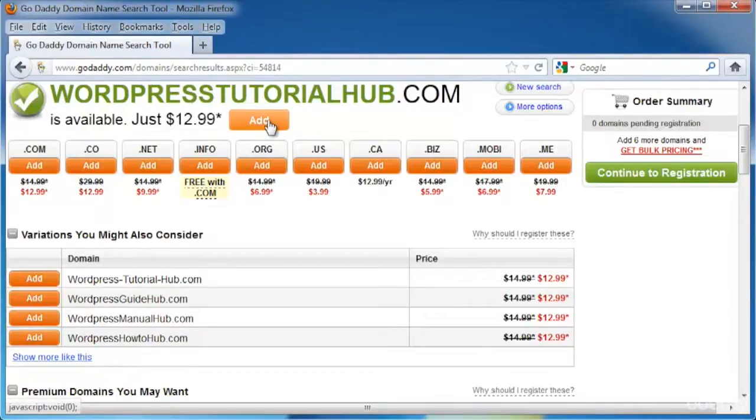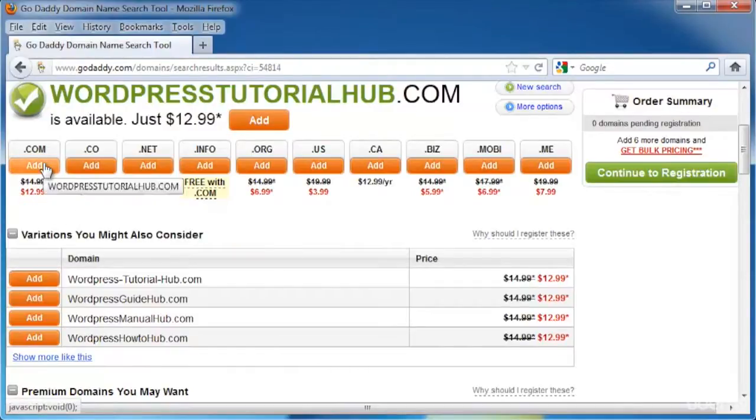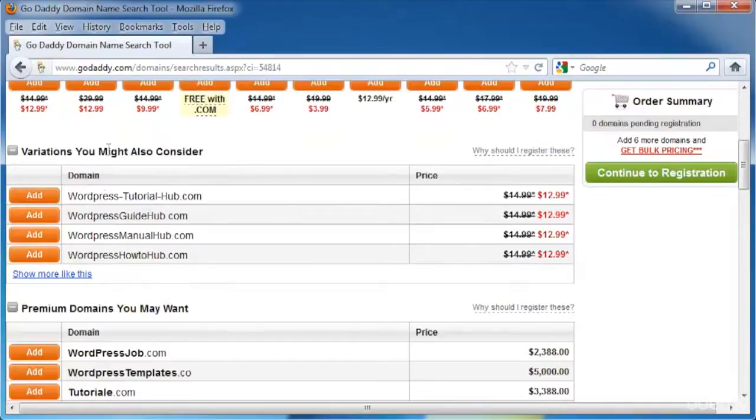Right now it's $12.99, and you can click Add and it will go into your shopping cart. You can also choose to add in addition to .com, .co, .net, .info, etc. The .info actually comes free with your .com with the special they're running right now. So choose any other tags you want to use. It also shows you variations that you might want to consider. So you might want to use one of these instead if you decide not to use your original,